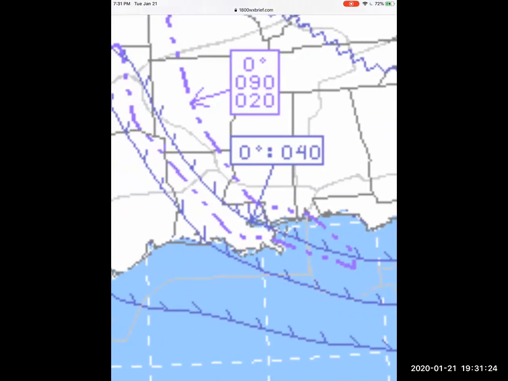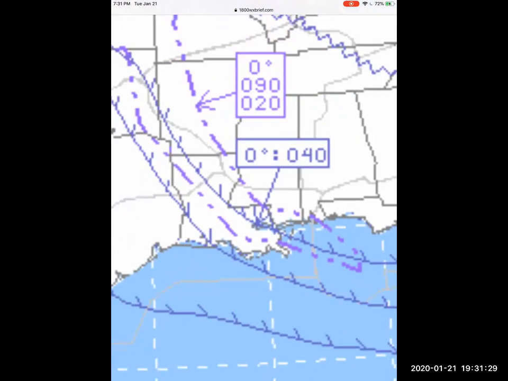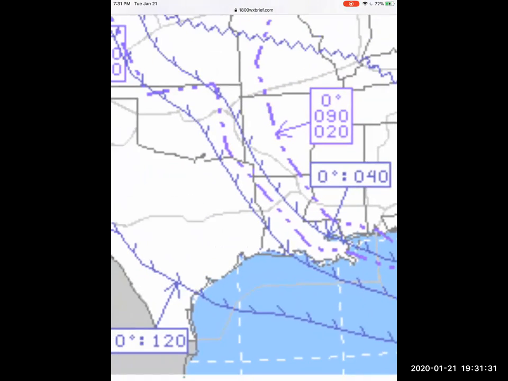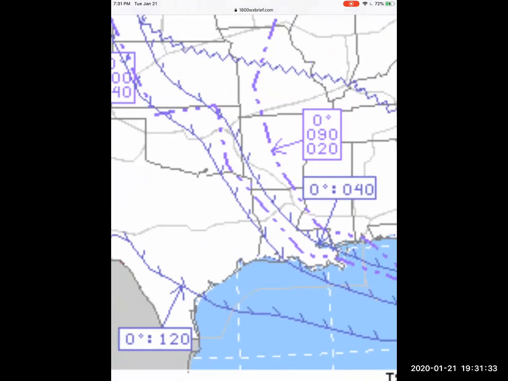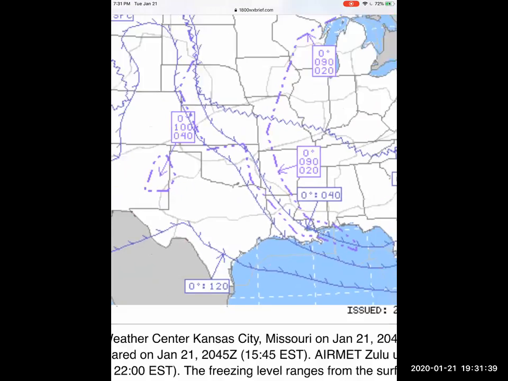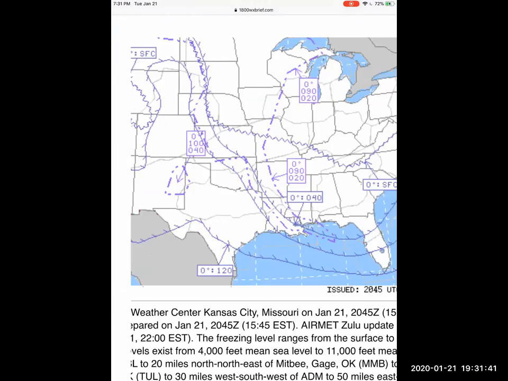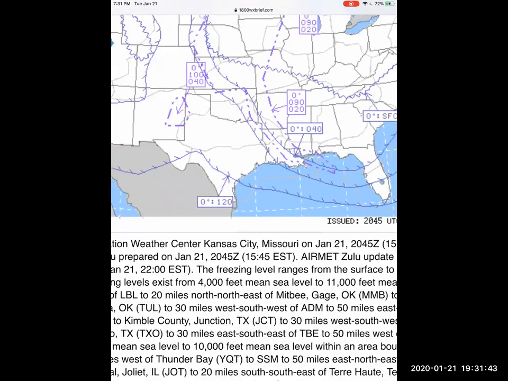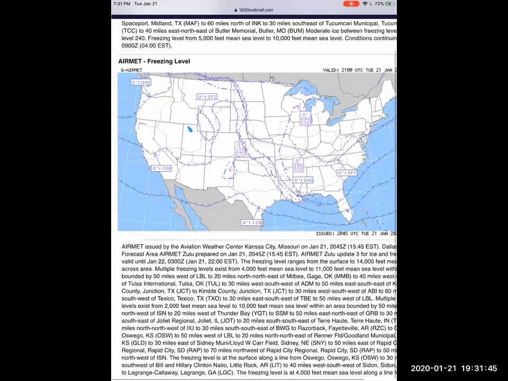Therefore, departing the New Orleans area, it's going to be about 4,000 feet. By the time we get to Oklahoma, we're kind of following parallel to the freezing layer. It's probably going to be just about the same, somewhere between 4,000 and 5,000 feet. So therefore, certainly at 6,500 feet, I expect that basically if I'm flying in visible moisture, there's a certain potential